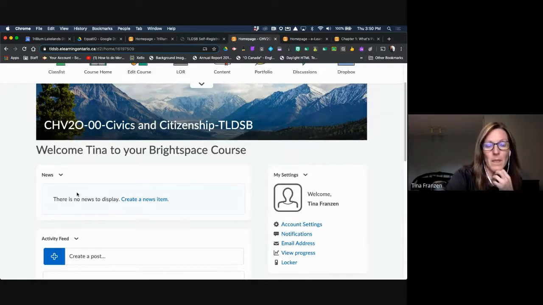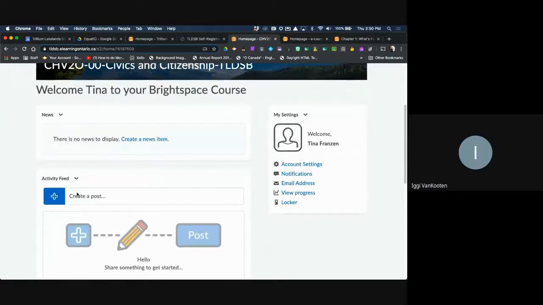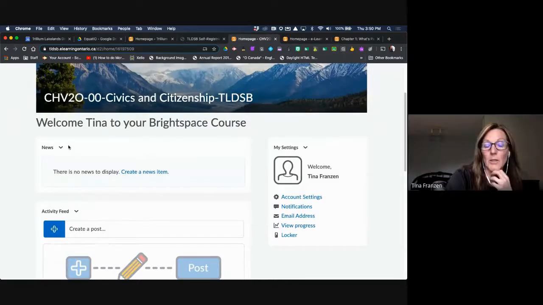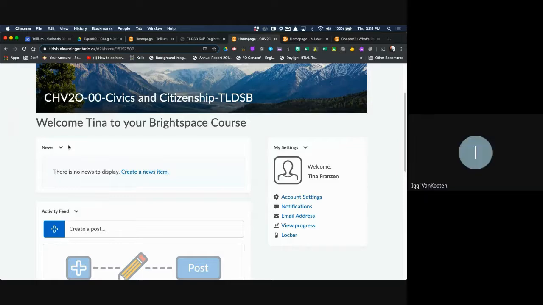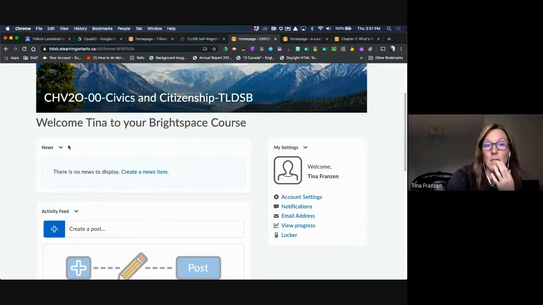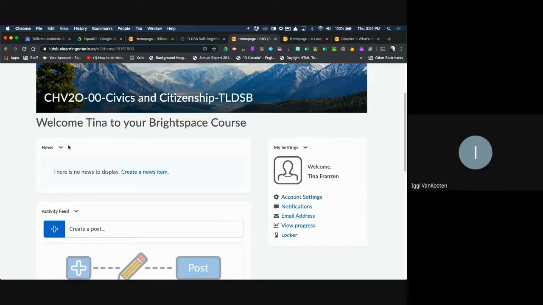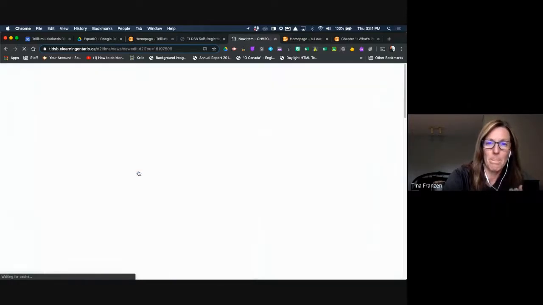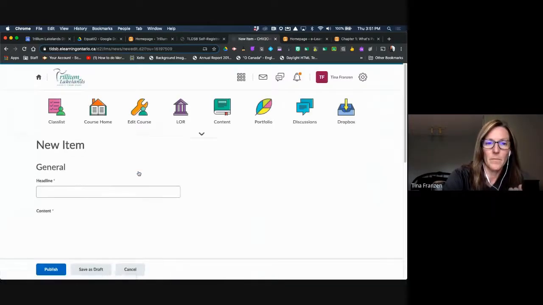So if I put information there, do I lose ownership of it? No, not at all. So you mean like your Google Doc or anything? You mean you put other content in there? Yes. No, it's really just read only. They can click on it to see it, it's really more of an embedded feature so they can see it. Okay. Yeah, and to demonstrate that, if I created a news item real quick,